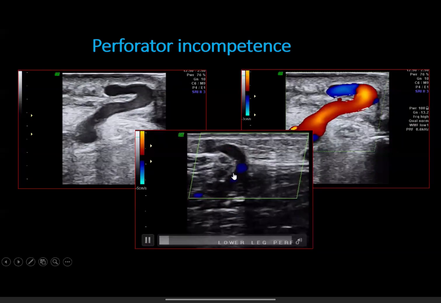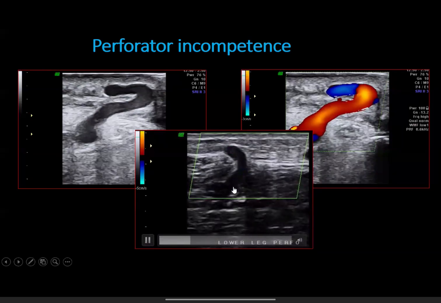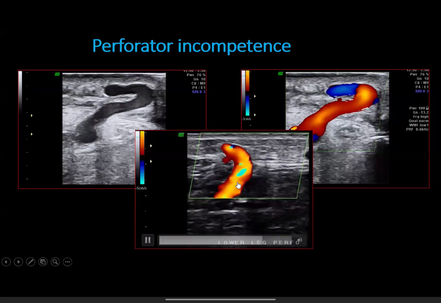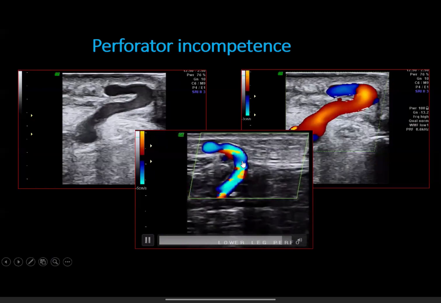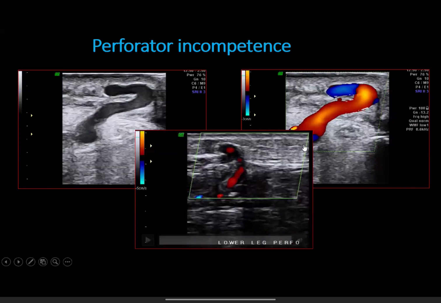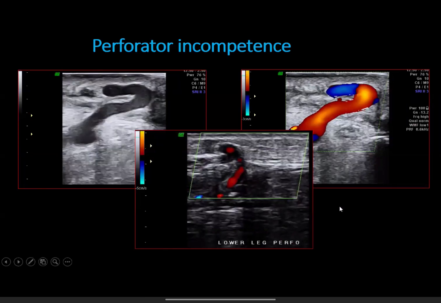See another perforator which is dilated. This is the normal flow. Again, when I compress the cuff, there is significant flow reversal, and this is again re-establishment of the normal flow. So this indicates these perforators are abnormal